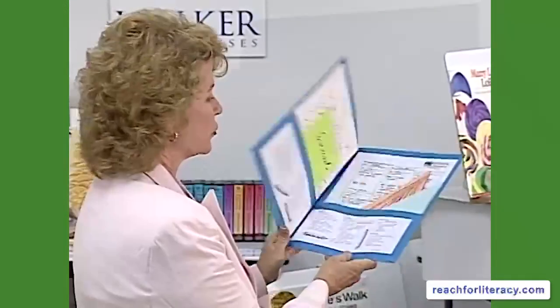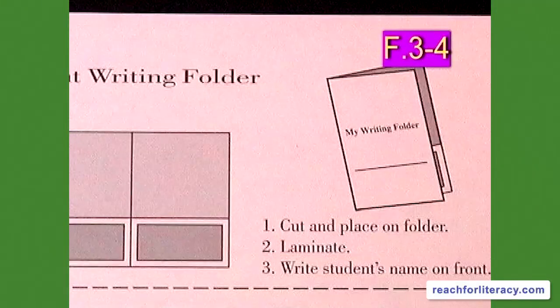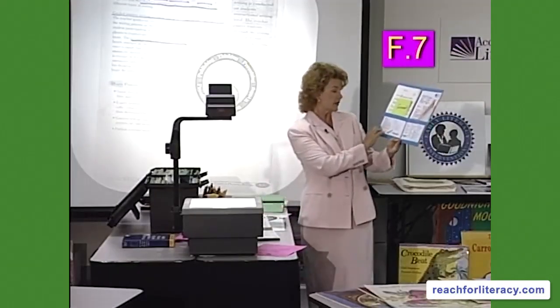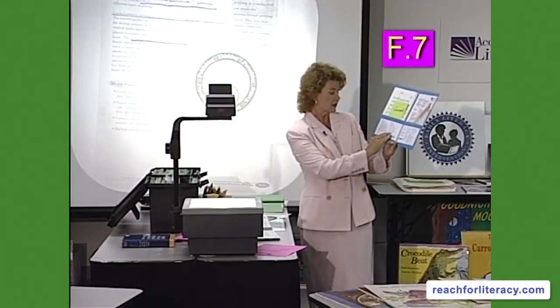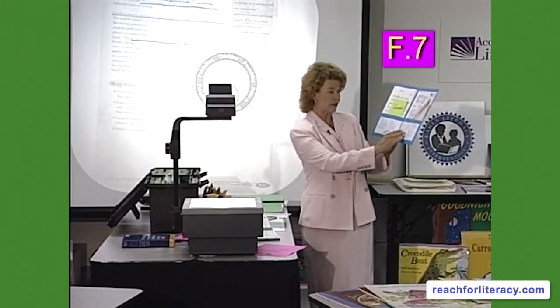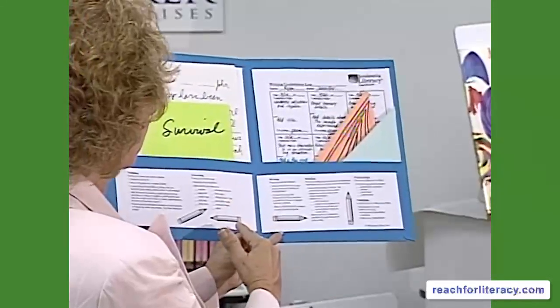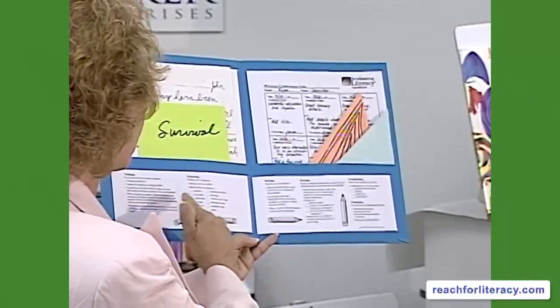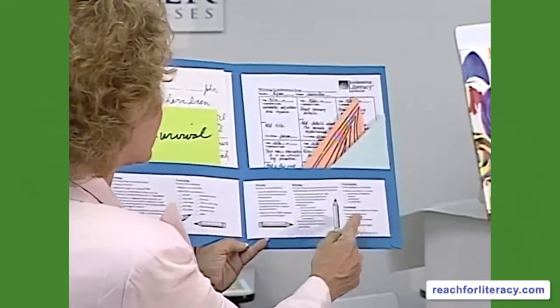and they can be over on a shelf or they can be in the middle of your table cluster. Every day the student is using this. They do not take it home. On pages F3 and F4, I have represented this folder. At the bottom of this one, you have the writing process. Now, this particular one has the more advanced notations underneath the process so that as you're conferring with the student, you have something that you can refer to